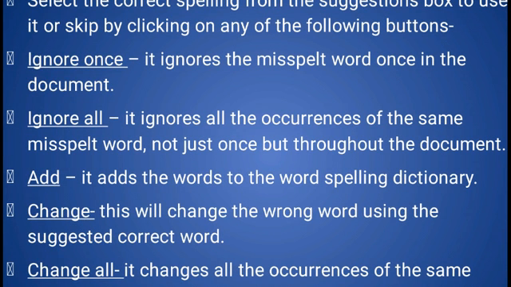So you can also use this thing, Add. It adds the word to the spelling dictionary. Suppose a word, your name, is not available in the computer dictionary, but you can add your name. So in future your name will not show a red line.